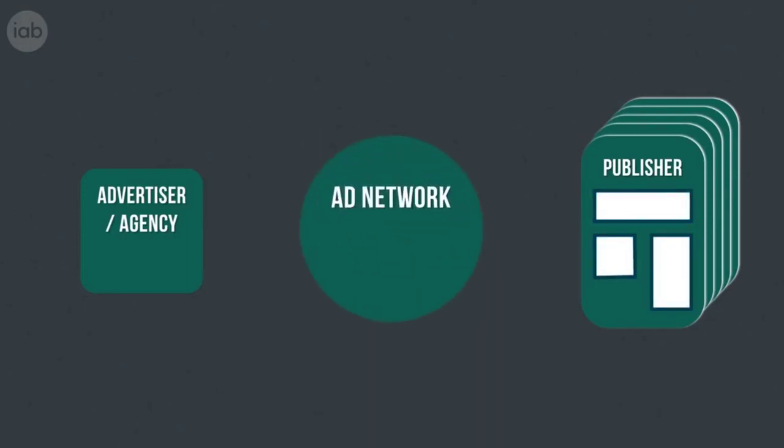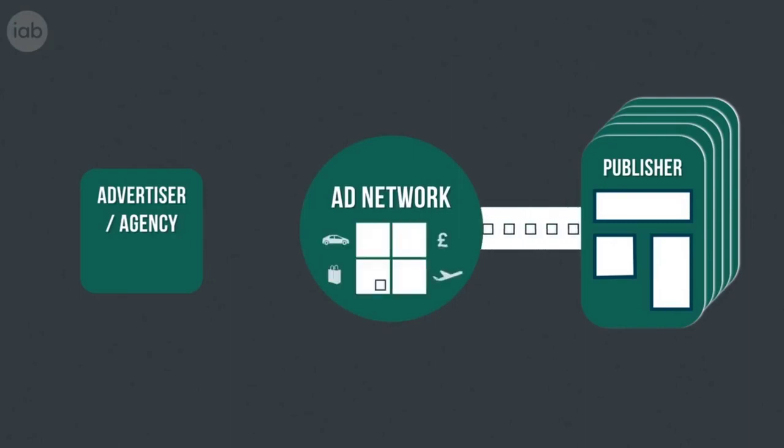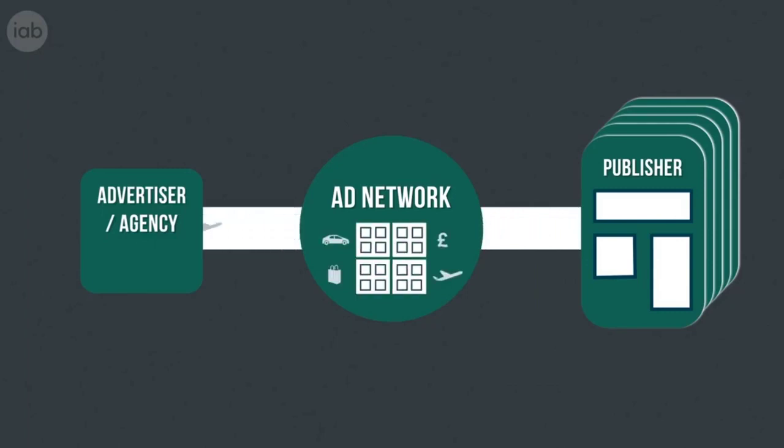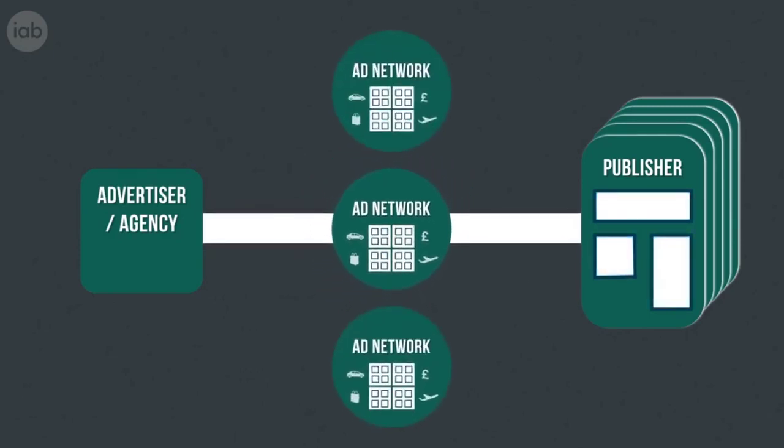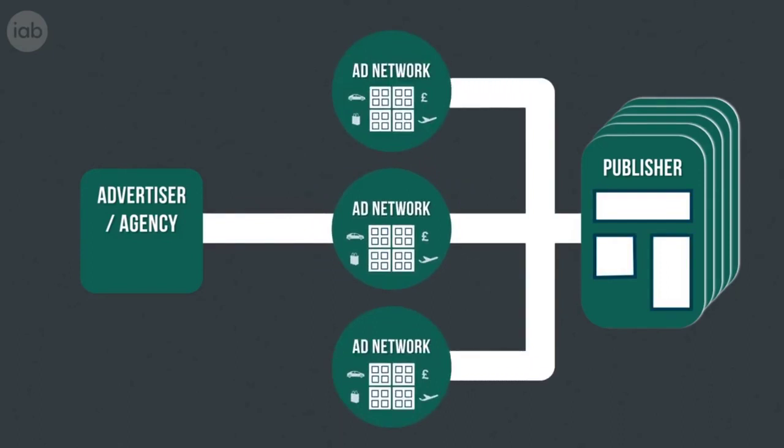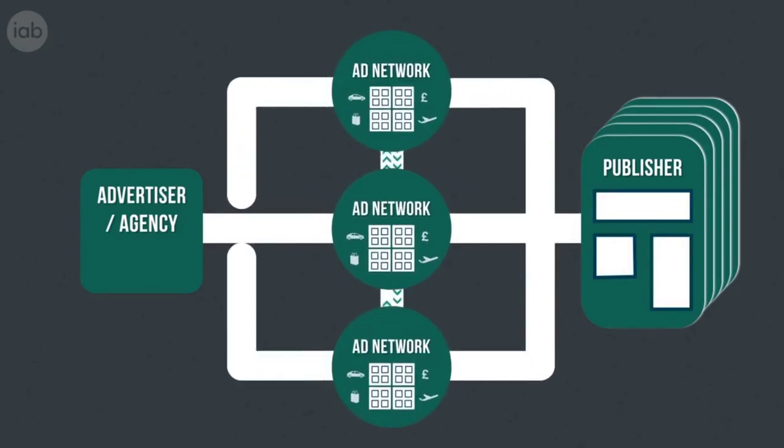The ad network acted as a sales representative or broker, buying unsold or remnant inventory from the publisher. They applied technology, aggregated the audiences, and sold packaged inventory on to the buyer, making it easier for them to target who they wanted. Barriers to entry for the ad networks were relatively low, and after some time an issue arose. There were lots of ad networks.